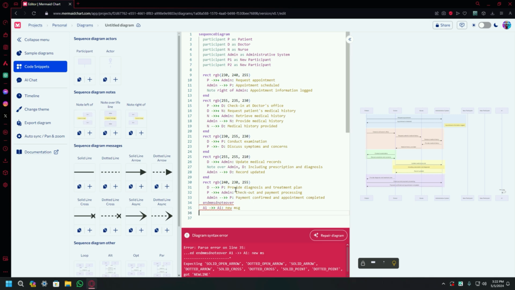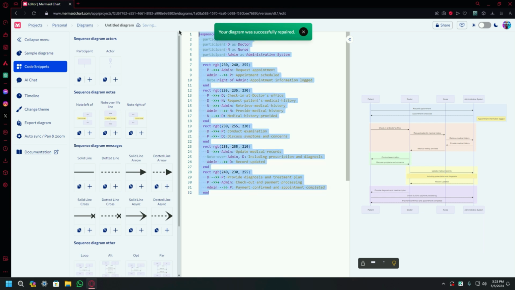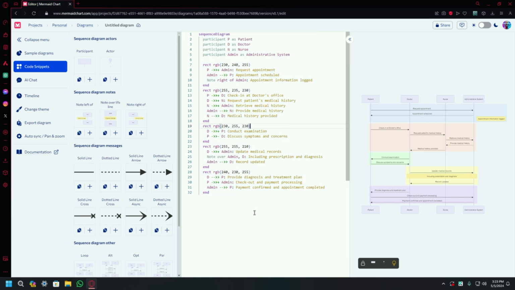Obviously, I put this block in the middle of the code, so this is going to say that there is some syntax error. And there is another feature, you can see that it is repair diagram. So AI will just assist you in repairing this diagram. The AI will see this error and it will analyze it on its own and just fix the error. Let's try this feature too. You can see that it is in progress. So it is probably repairing this image. You can see that it has repaired successfully. Now your diagram is restored, or the fixes that it needed, the AI has implemented that.